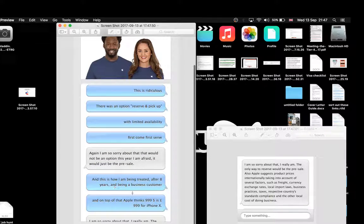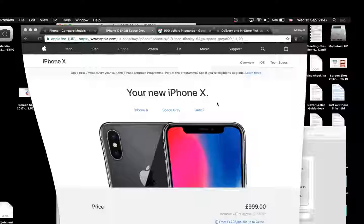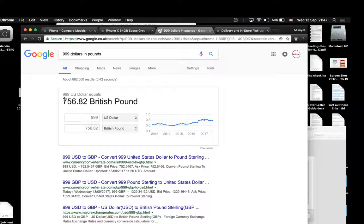The point is that I even got frustrated that they charged 999 pounds. They think that $999 is the same as 999 pounds because that's how logic works, and that's no way correct. It doesn't matter how much you adjust for currency devaluation, because obviously the British pound went down because of Brexit, but it does not mean you're allowed to charge what? How much is this? 999